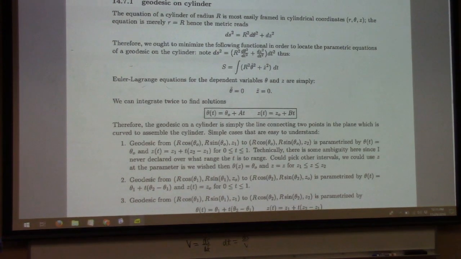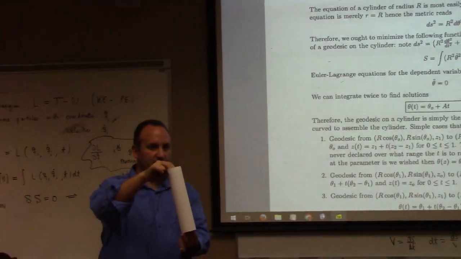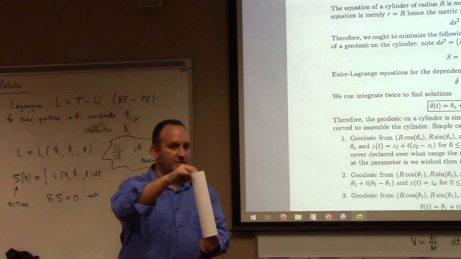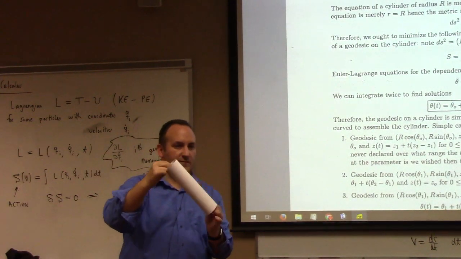So here's a cylinder, right? If I wanted to find the geodesic going from one point to another on the cylinder, all right, suppose this point to that point, what I would do